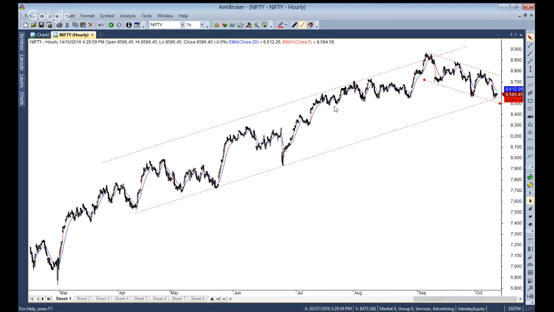And then the move which is happening from the lows of the Brexit, which was close to around 7825, I suppose, 7925-7930. That low was very important, and from that level we have been seeing an overlapping rise again. There is definitely no impulsive move from those lows, and this entire rise is probably dividing into something known as a diametric pattern. I'll not be able to discuss much about the diametric pattern, but it gives a very clear perspective that we are probably completing the F leg of the diametric pattern, or we have already completed the F leg, and we are maybe in the G leg of the pattern, which is probably the last leg of the pattern.